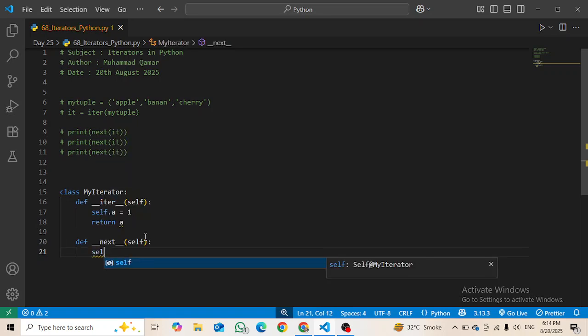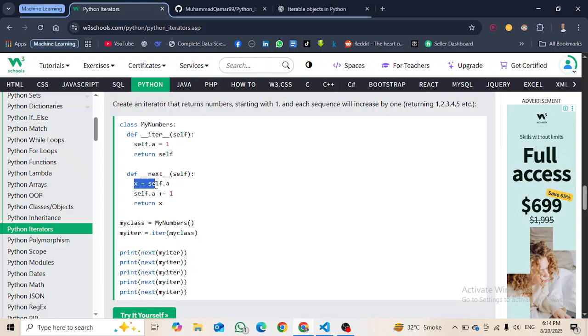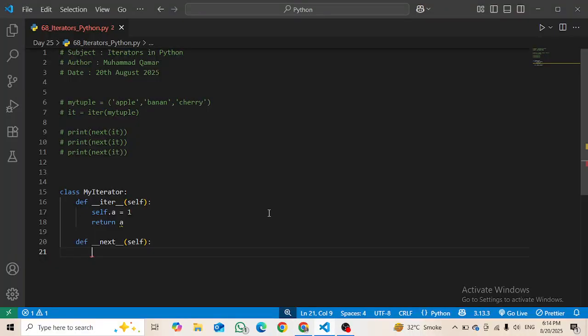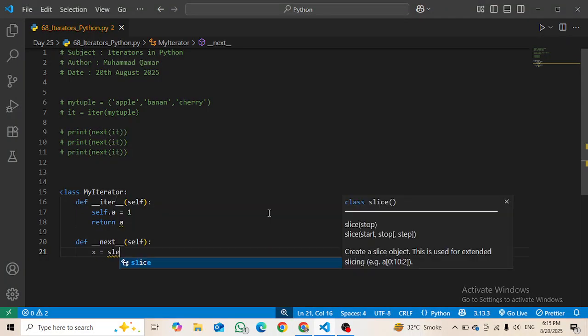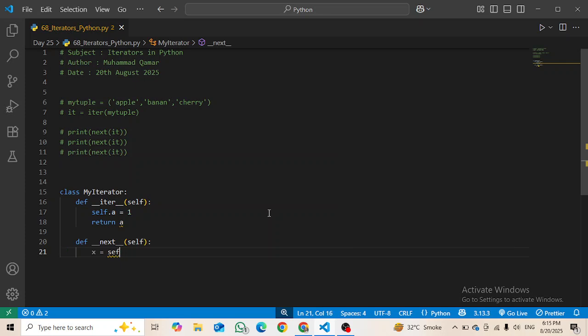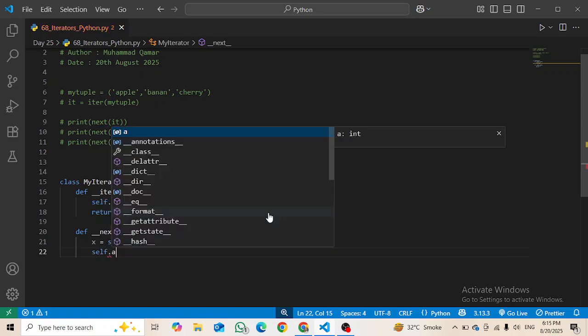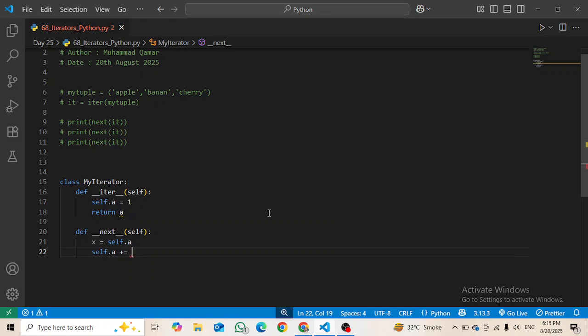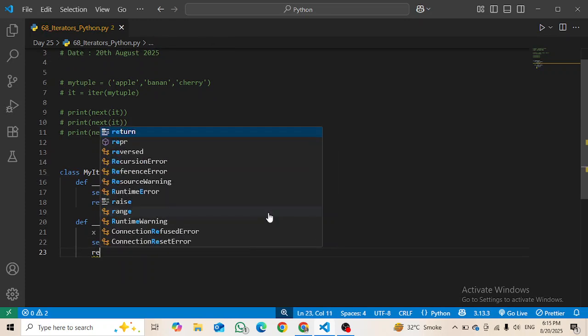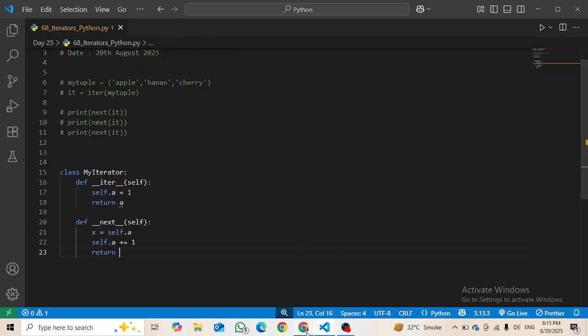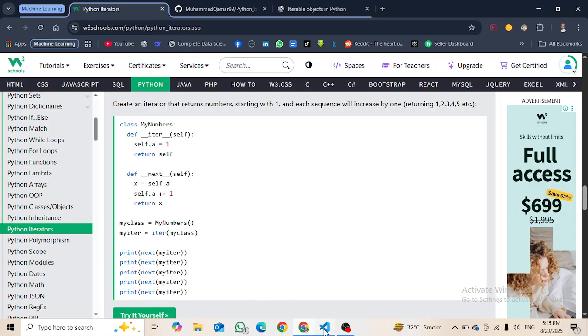Inside x we are going to store x equals to self dot a, and then enter, then self dot a plus equals 1, and return x.